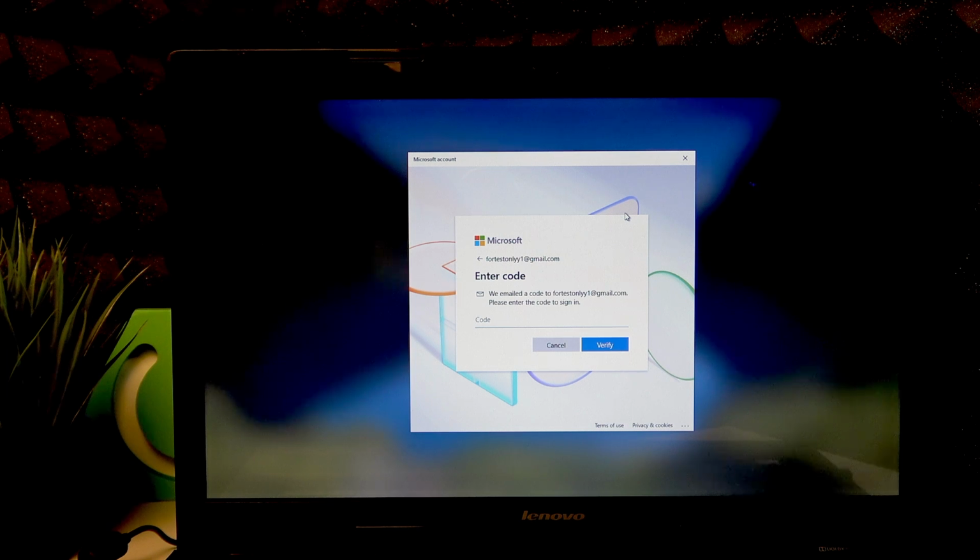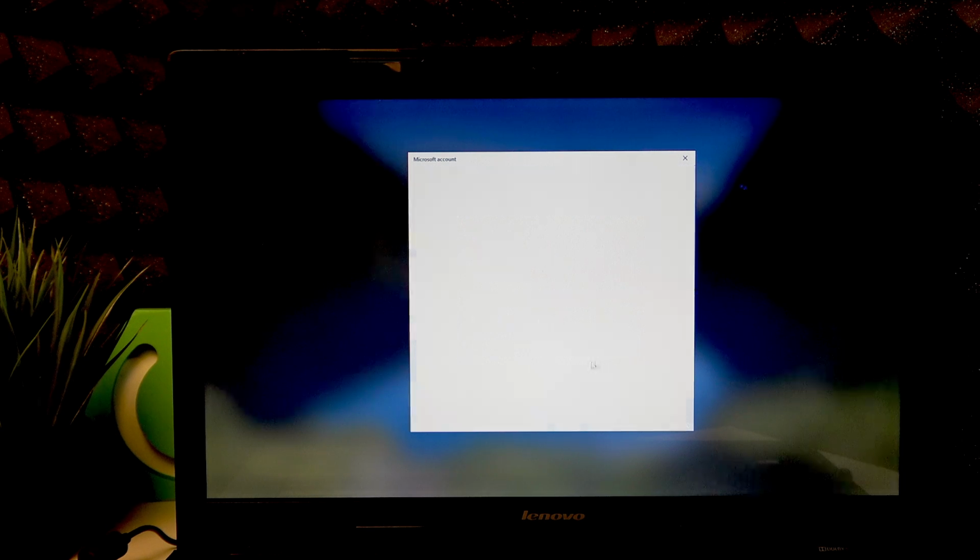Now we'll have to enter the security code that we received from Microsoft on our Gmail account. So check your Gmail account, your mail, and you'll see this number right there. Now, once you enter the code right here, click verify,